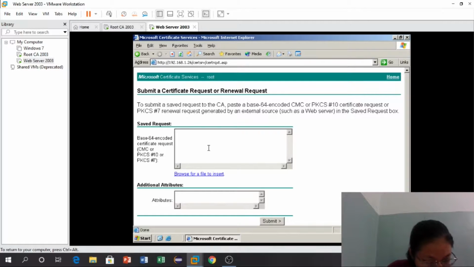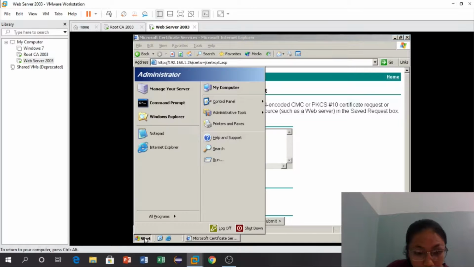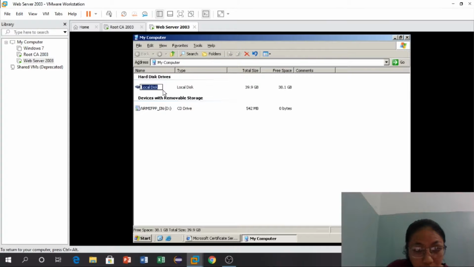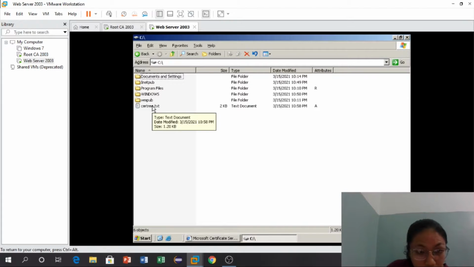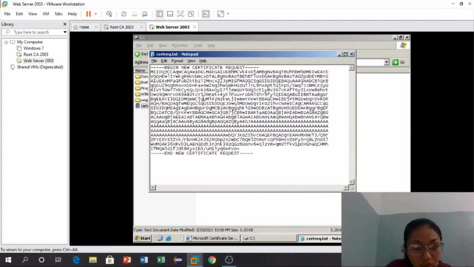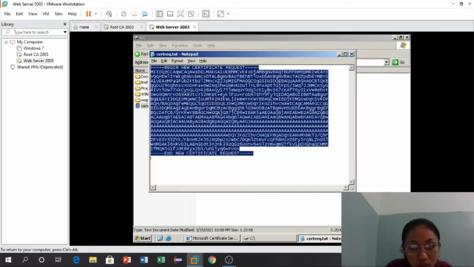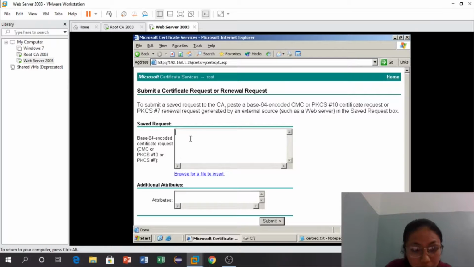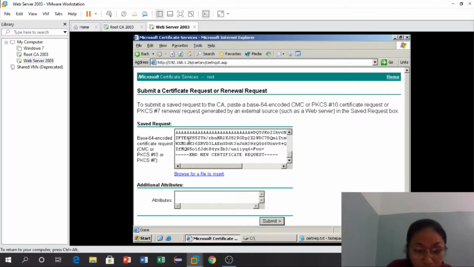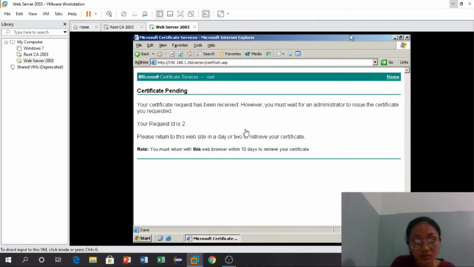Now open the certificate request file and copy it. Go to My Computer, local disk. Go to the search. The request file is certreq.txt. Open this and copy it. Control O and copy it in here, in Saved Request. Yes. Approve. Paste the content in the box and submit. So after I submit the certificate request file from the web server,